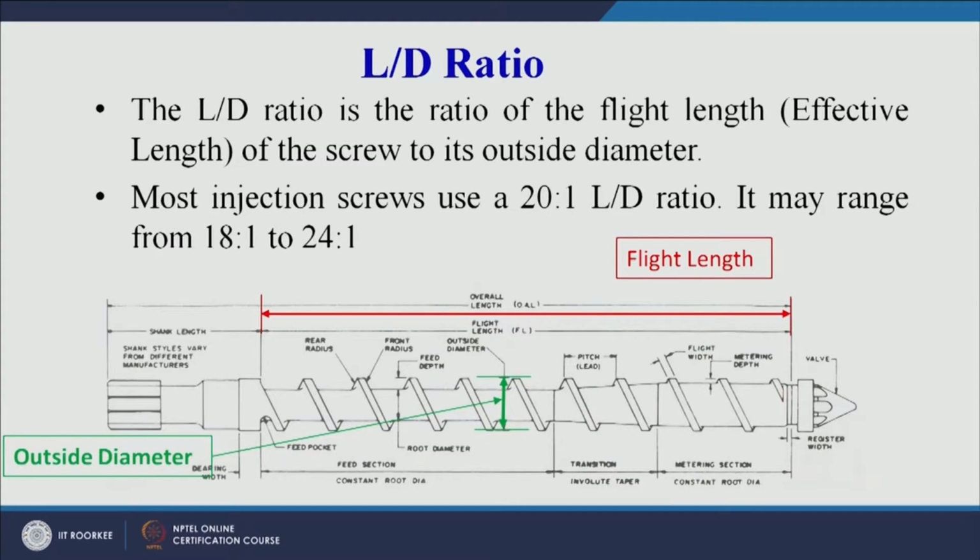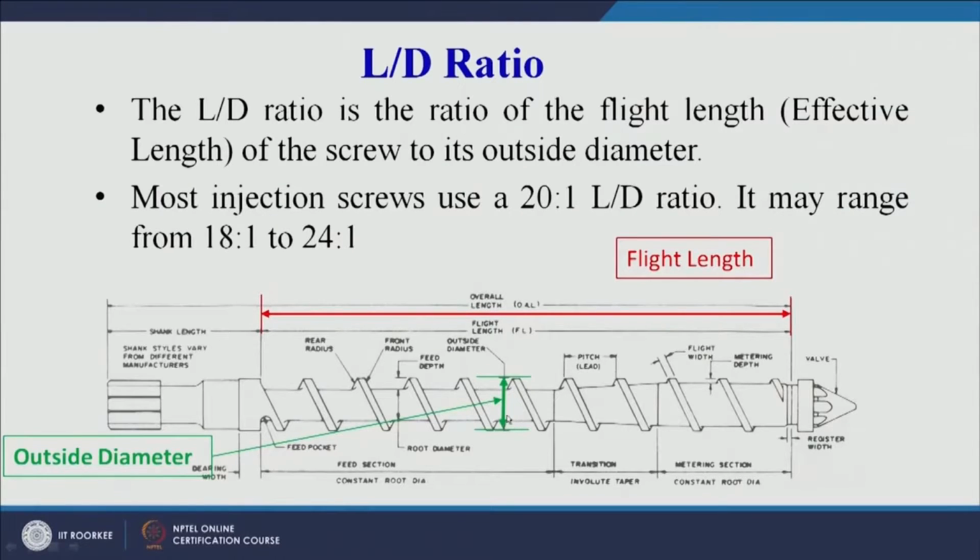Now L by D ratio will have an effect on the final product that we are producing using the injection molding machine. And here you can see the diameter is changing. So we have taken an average diameter here. From this side there is a taper, you can see diameter is more here and slightly less here. So that was the taper that was discussed in the previous slide, but majorly we should keep in mind that